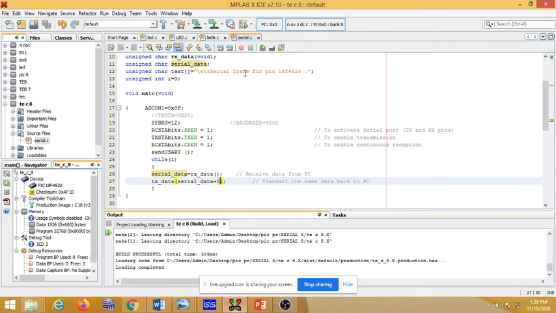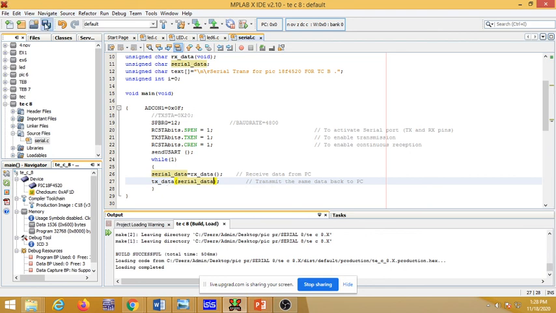Now instead of this message, I will add a few things here: serial transfer of PIC 18F for TEB. I'm making the modification within the code now. Instead of adding 1, whatever data I receive, I want to display. This means I will remove this part. Whatever data I receive through the receive subroutine comes to the serial data, and whatever serial data is received is transmitted and displayed on the screen.